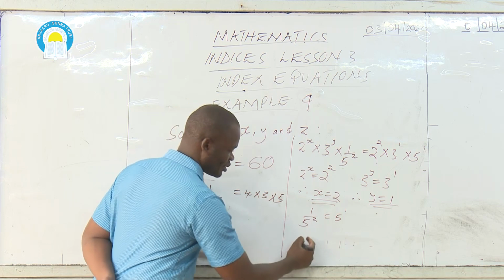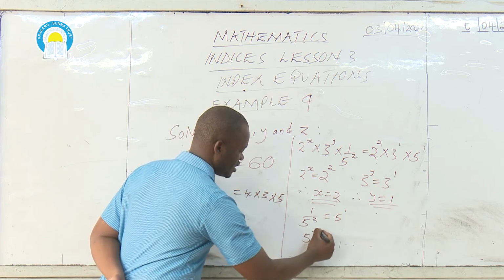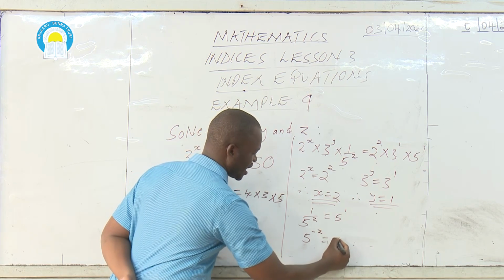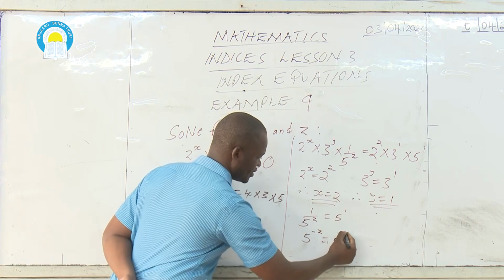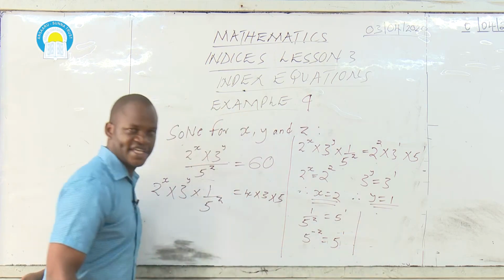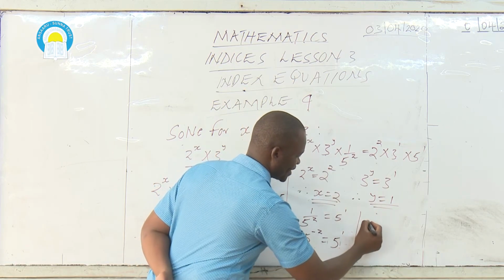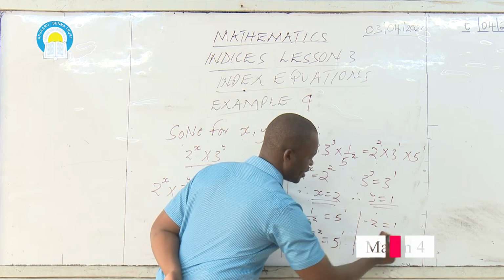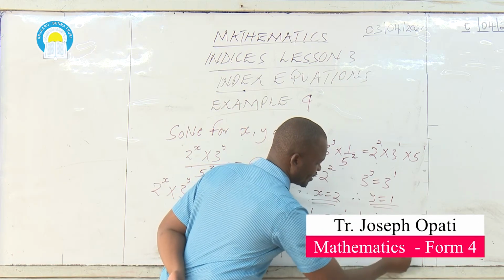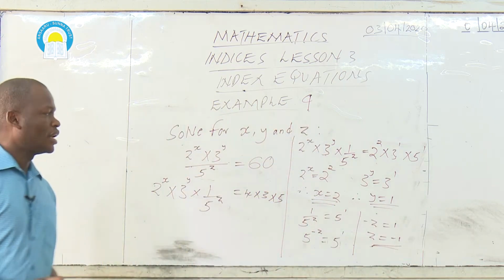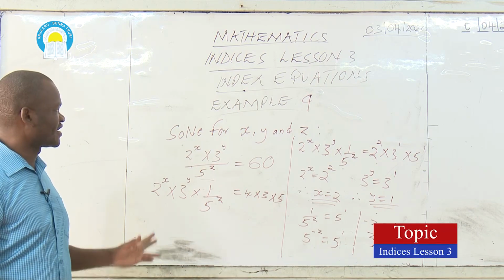Now, 1 over 5 power z is the same as 5 power negative z. Applying the negative index law, this equals 5 power 1. In the end, equate negative z to 1. This means that z is negative 1. So I think by that I have exhausted all the possible areas in terms of the laws and solving equations in terms of